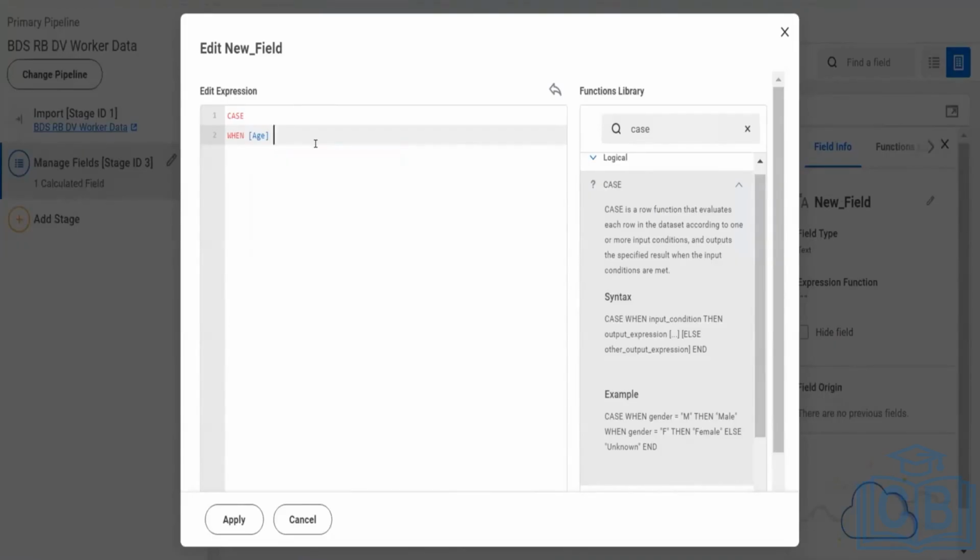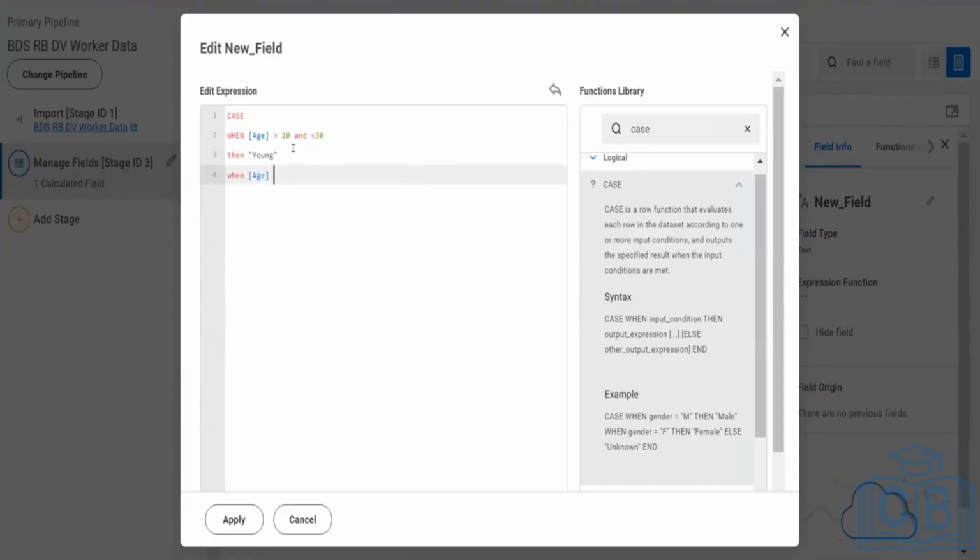greater than 20, and I can also mention an and condition as and less than 30. Then it should identify as young. And also for young, I need to mention it in apostrophes, because it's just the name. It's a string. There's no actual value to it. And then when I enter the condition, then when